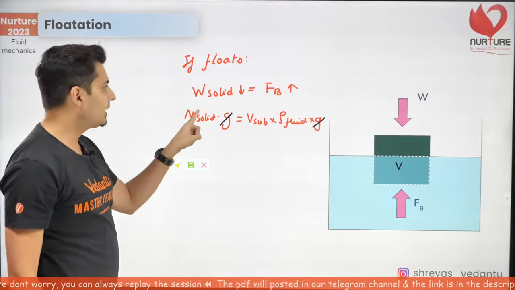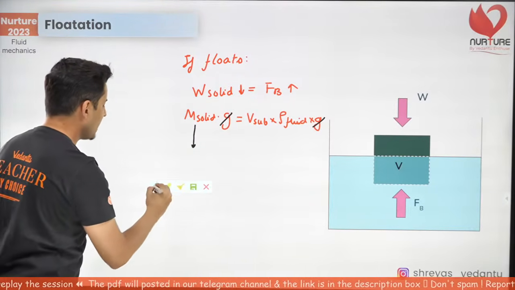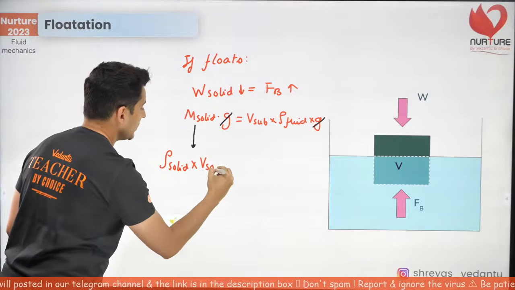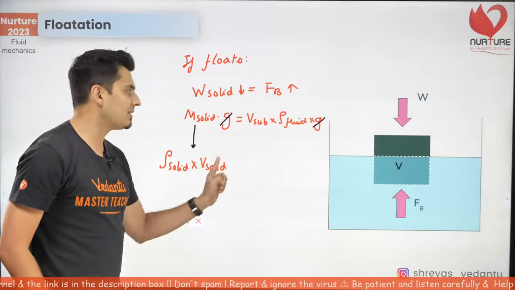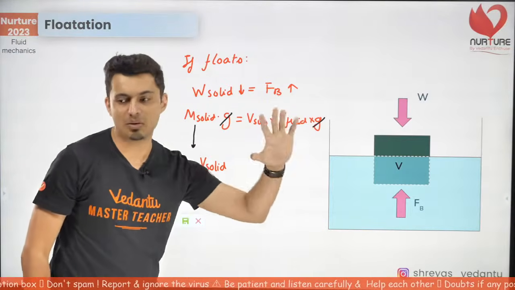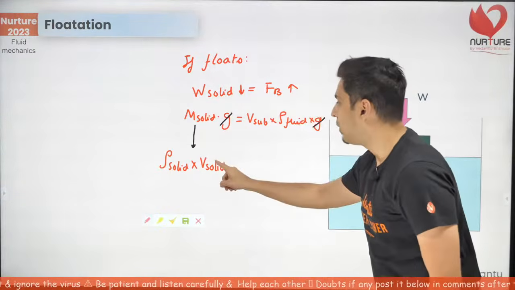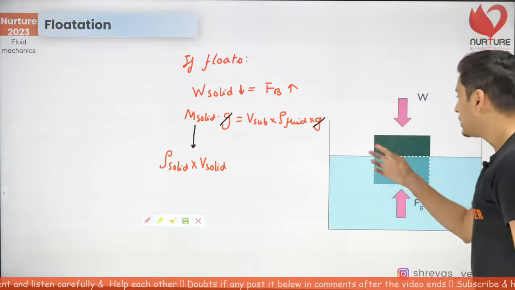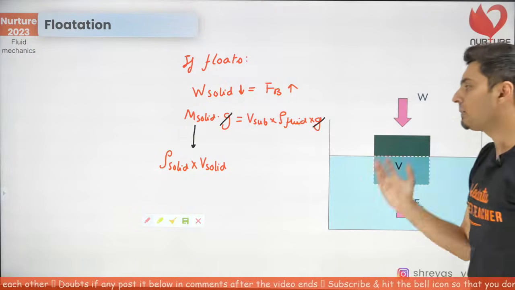Now, if you want, you can simplify this and you can write mass as density of solid into volume of solid. Now please remember one thing. This term and this term won't cancel. Do you think the volume of solid and the volume which is submerged are equal or not equal? Put it up in the chat box. Think. Is the volume of solid, which is there over here because mass is density into volume, equal to the volume submerged? Definitely not equal. It might be equal, it might not be equal.